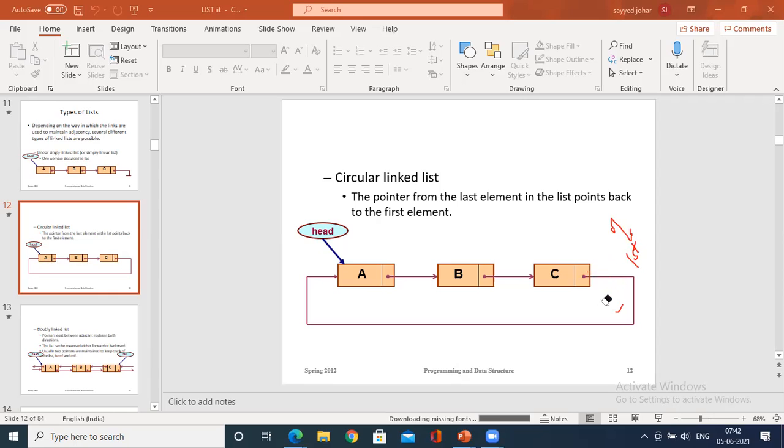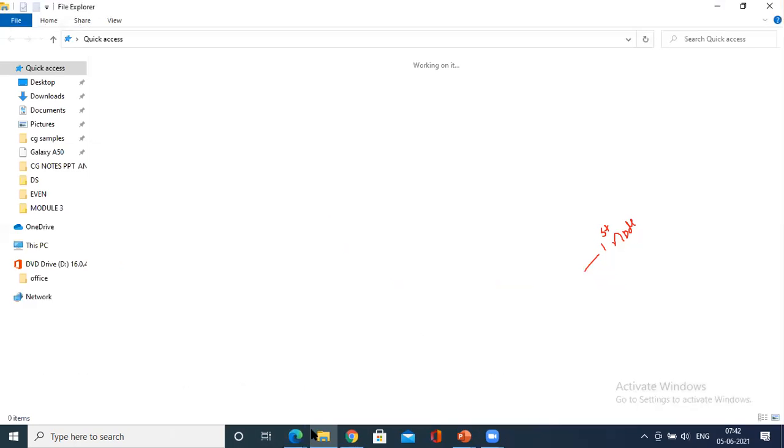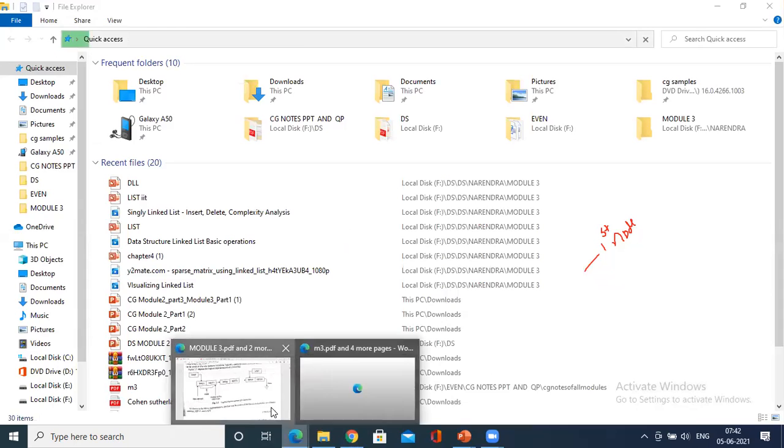Try to understand. Previously it was null, no? That is, it is not being connected to anywhere else. It doesn't hold the address of anything. Now it holds the address of the first node. So once it holds the address of the first node, what happens? It has to be connected to the address of the first node. Where do you have the address of A? Address of A means it is the compartment A. So connect this link to it. This is the concept of a circular list. Fine. Here you have this concept.